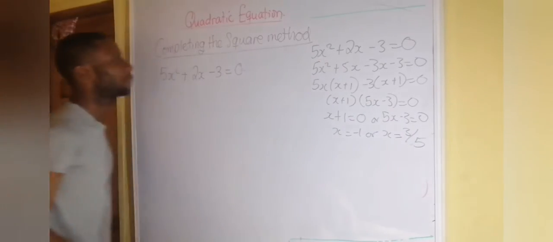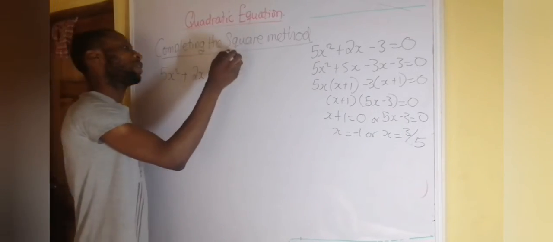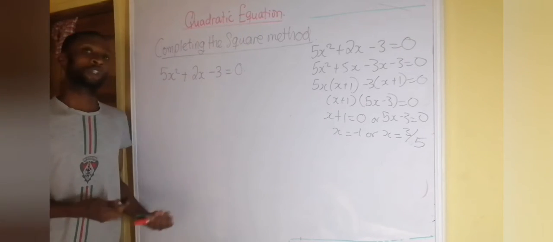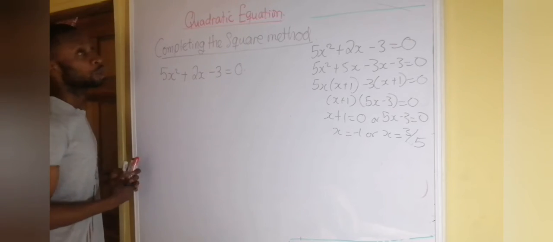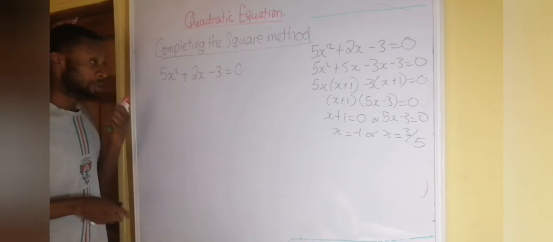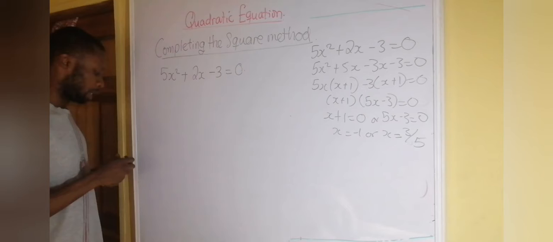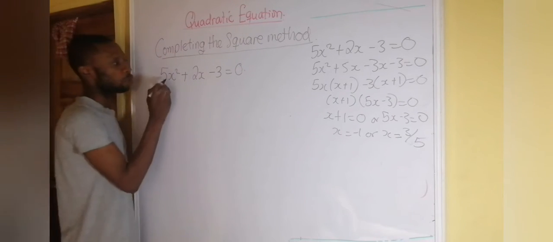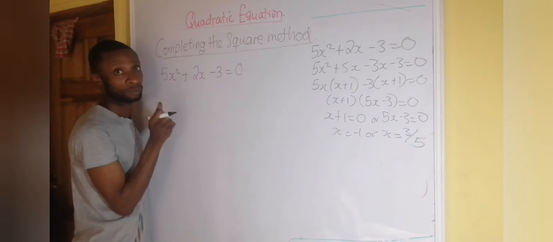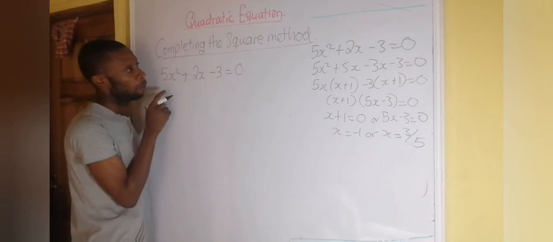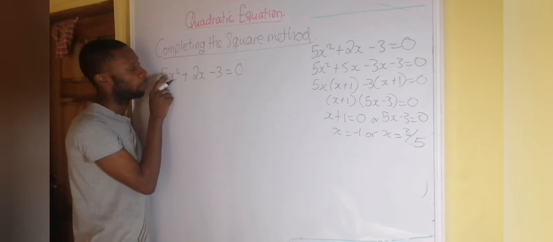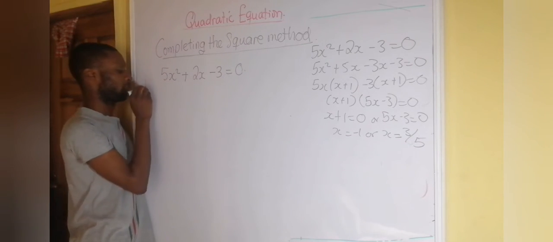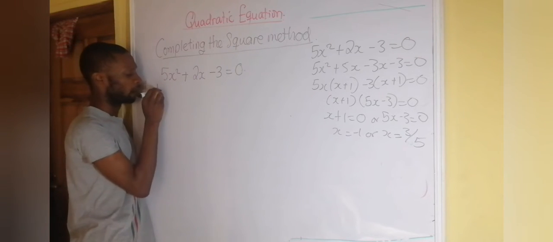Now, we want to use the completing the square method. Completing the square method is so unique. It's just like you're using the perfect square. Now, we did perfect square, so it will not be hard for us. So what we do is that we make the coefficient of x squared be 1. And the only way we can do that is to divide through